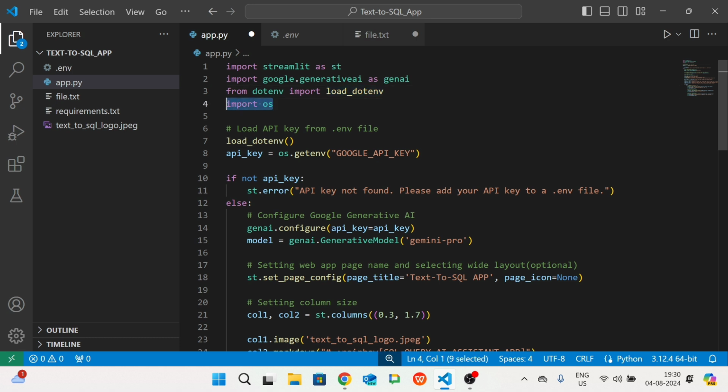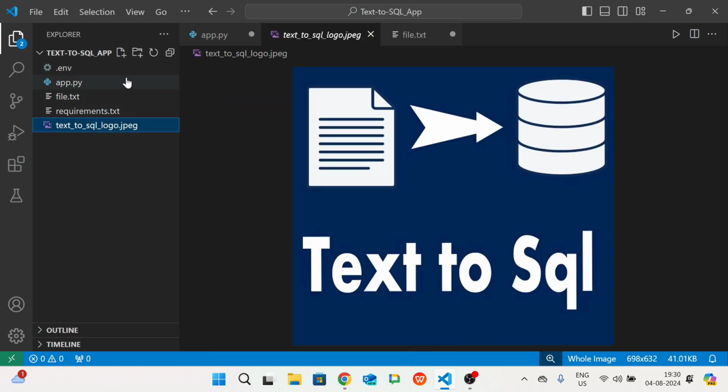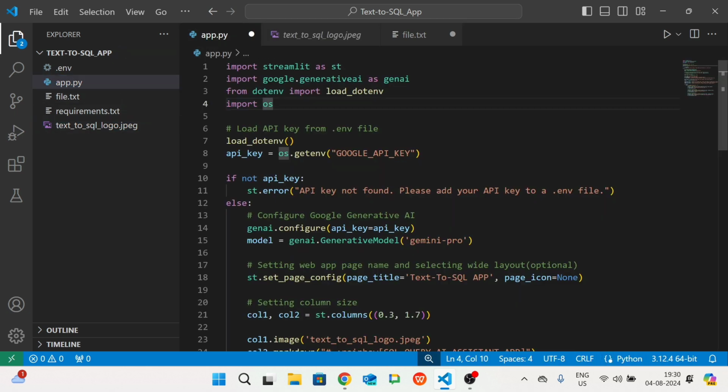Fourth one is import os, the operating system. The reason for importing it is for interacting with the operating system, mainly with your environment variables. Suppose we are using some JPG image and all these things, so for that particular interaction we are using this.